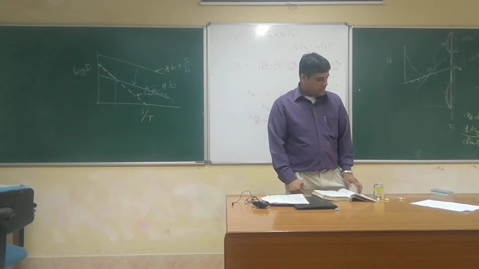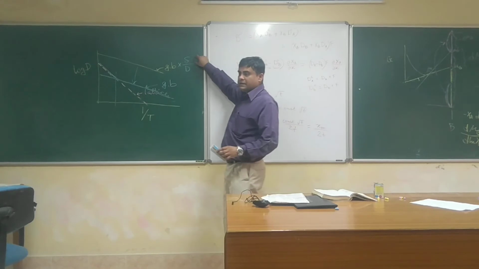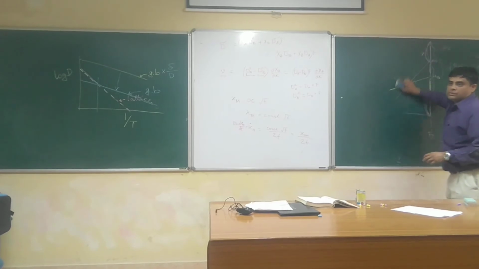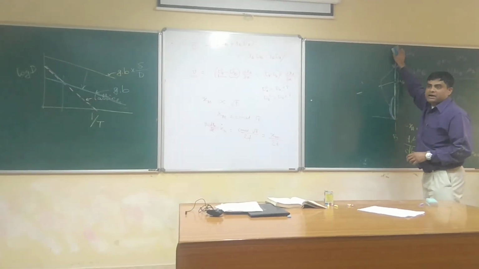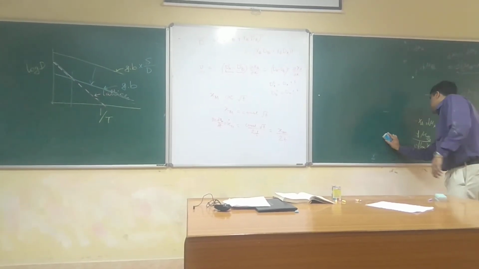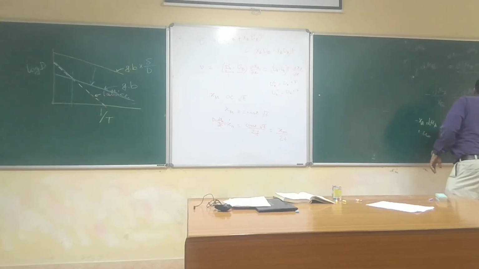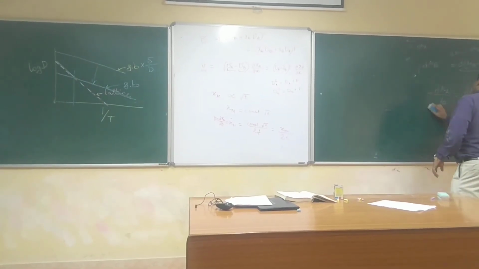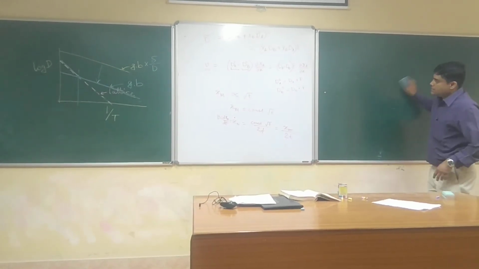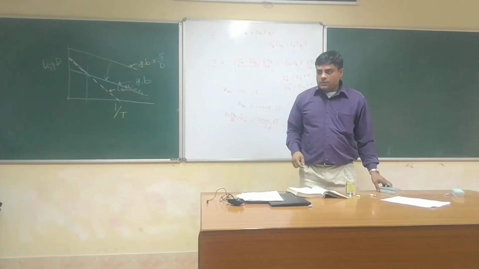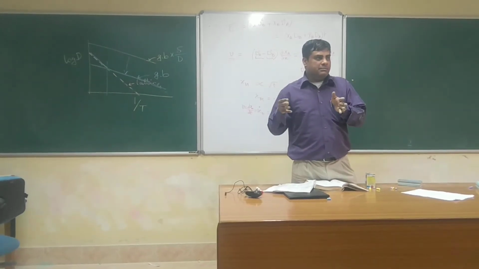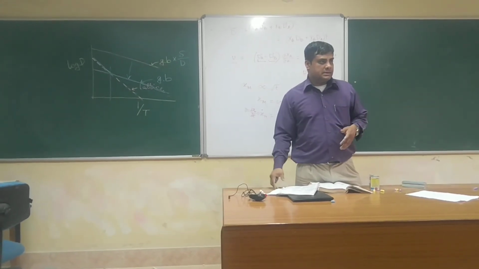Delta is the grain boundary thickness, and this is the grain diameter. So this is related to the grain boundary area per unit volume. If you take unit area and multiply by both, then it is related to the area per unit volume. How much is available? What is the pathway thickness of the grain boundary with respect to the lattice?